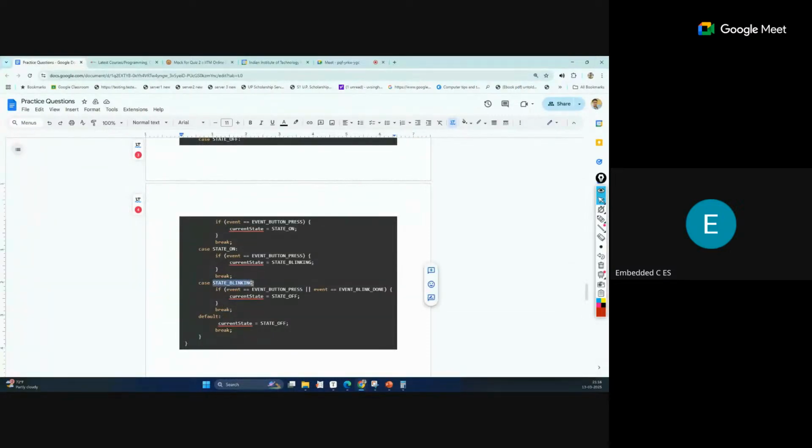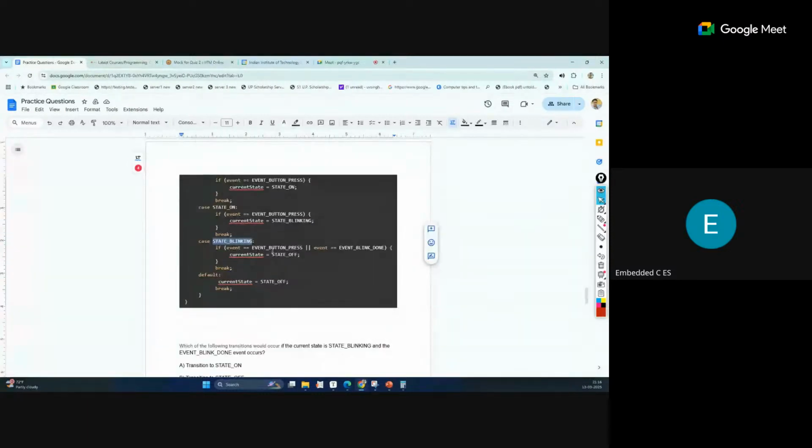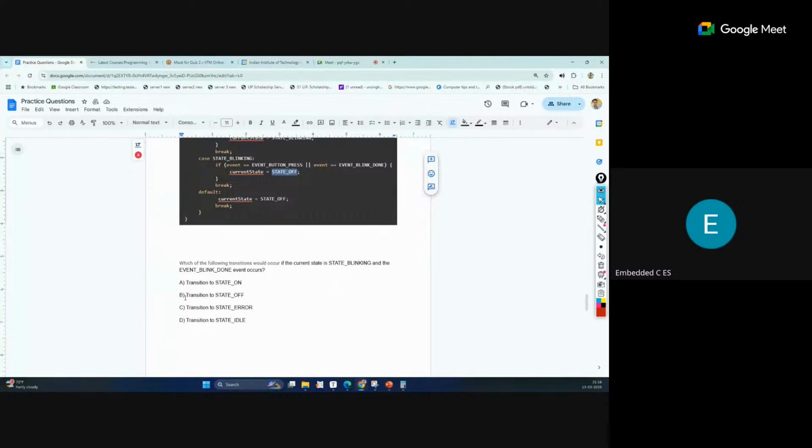Inside this, we have the or condition: either our button is pressed or our blink is done. The second condition is true, because with an or operation, if any condition is true, the overall result is true. So this is matched. Now the current state will become state off. By this event, this will become the current state. So state off will be the answer for this, B.